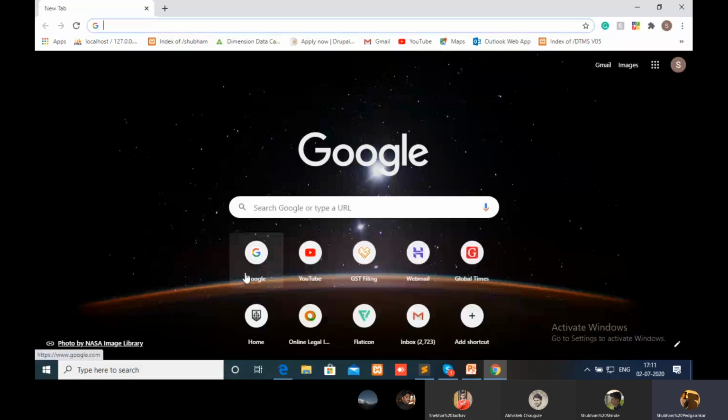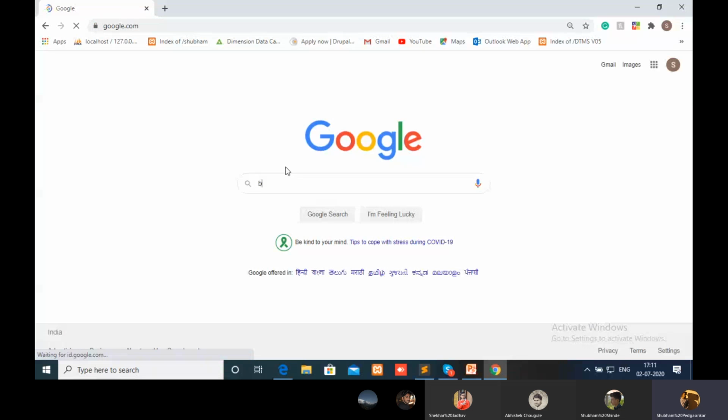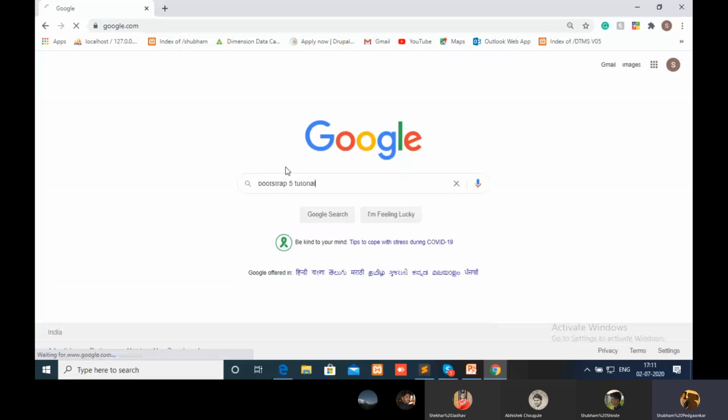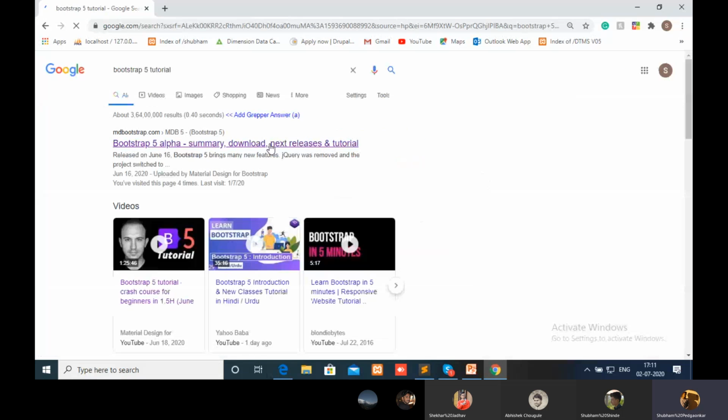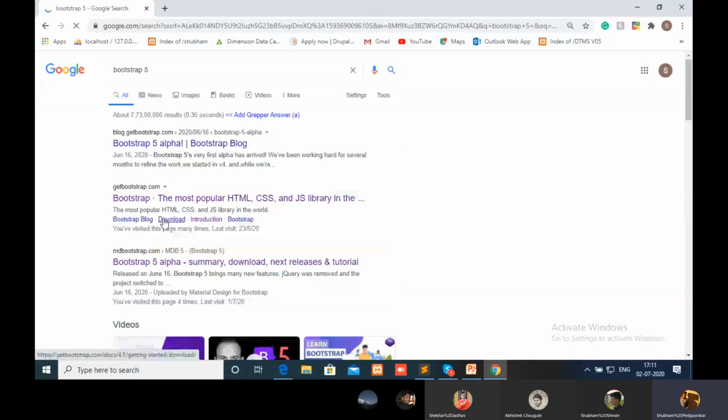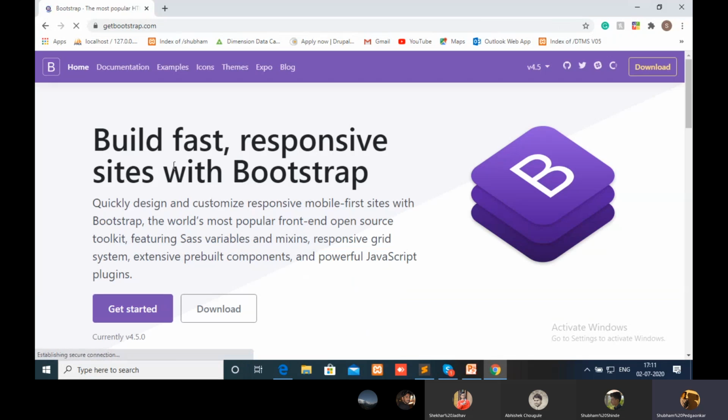Then type here Bootstrap 5 and click here. This site is wrong, sorry.